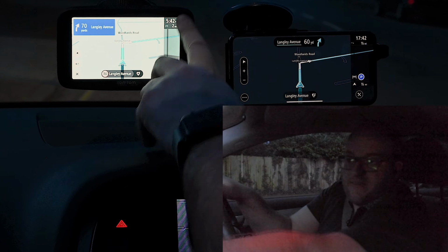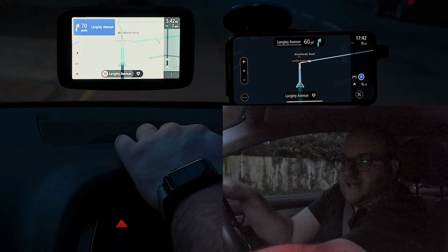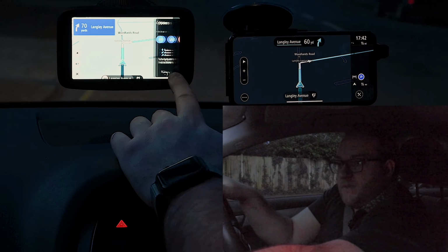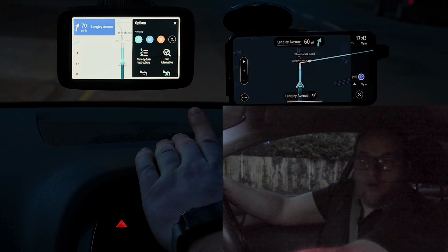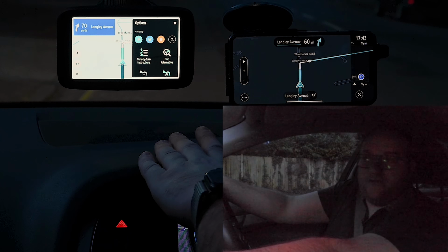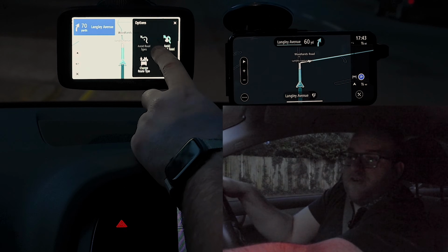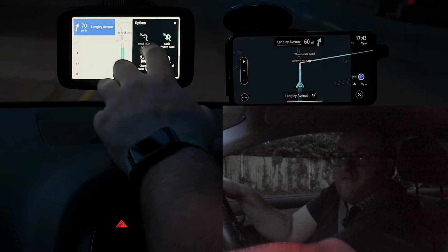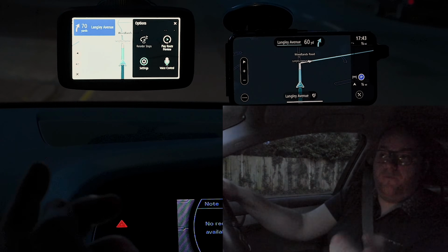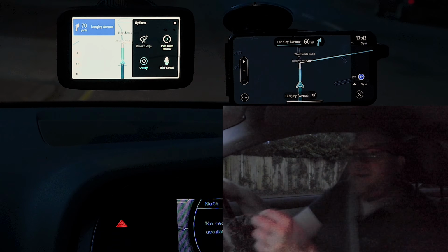Now, what I do have is at the bottom of the actual route guidance here, I can actually click on that, and then I have a mini menu inside. So here I can add a stop, so I could choose a petrol station, I could choose a sort of waypoint, parking, etc. I could find an alternative route, I could show myself the turn-by-turn instructions, avoid a blocked route, part of the route or even change the route type, very similar to the current route menu that we just saw. I also have voice control in case I want to change something per voice, and I have the settings